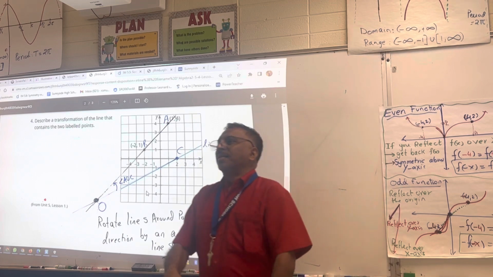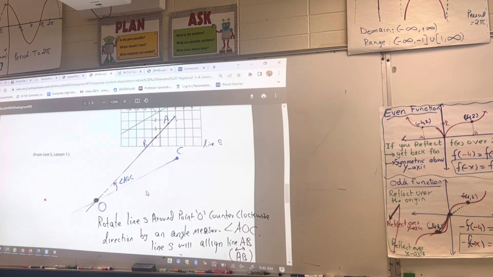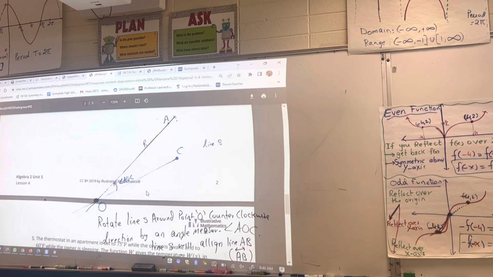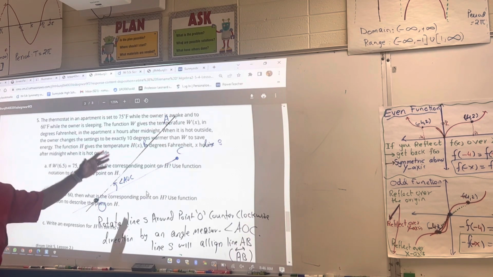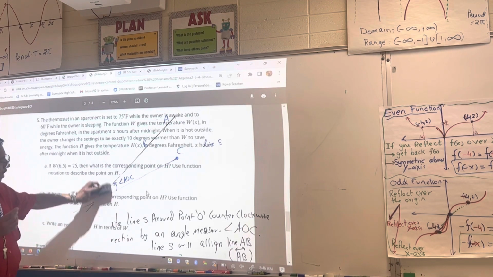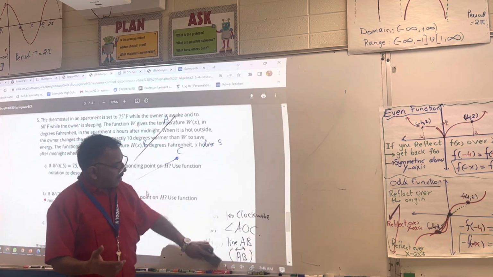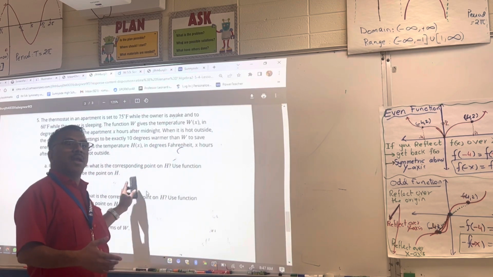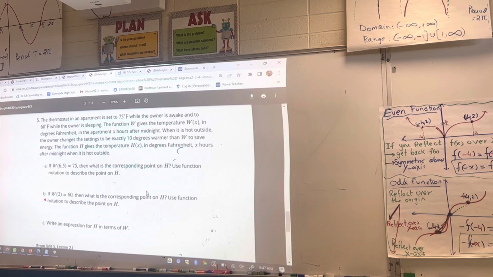Okay. Let's go to another one, but I don't think we need to do this one. Did you guys get this? Kind of right. Look at the next question. It's a little tricky. It's about classroom temperature, but this is in an apartment. Let's say there's an apartment, and sleeping time is at a separate temperature, that's the night time, and in the daytime the outside temperature is high. So what this tells you is